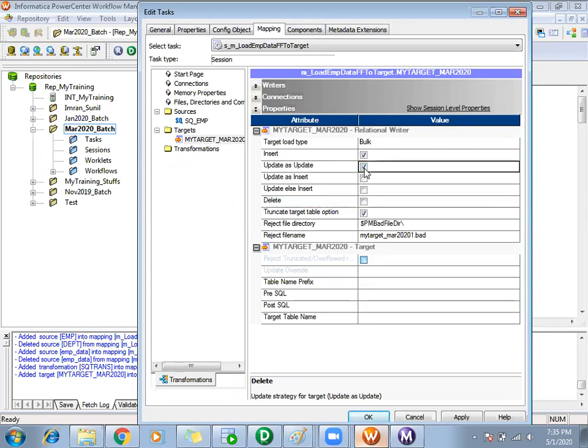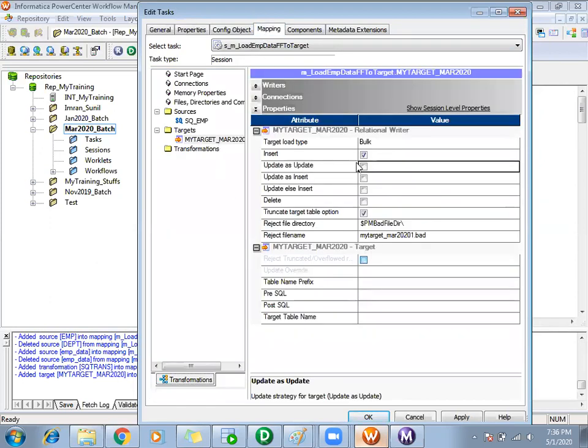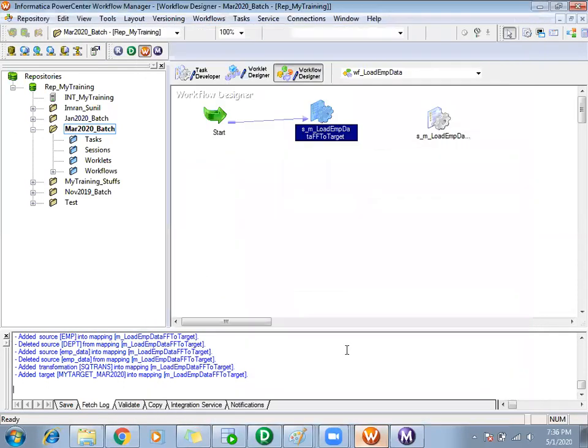So if I remove delete and update as of now and just want to do an insert, two things must be taken care of: in the properties section, treat source rows as should be insert, and in the mapping for the target, insert should be enabled. If you want to truncate the data before loading, you can use this. With these two conditions, if I run it,